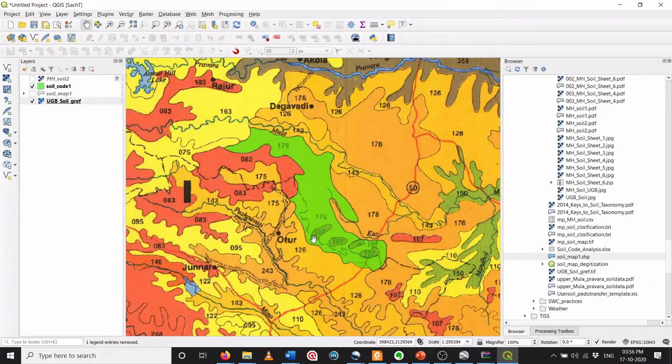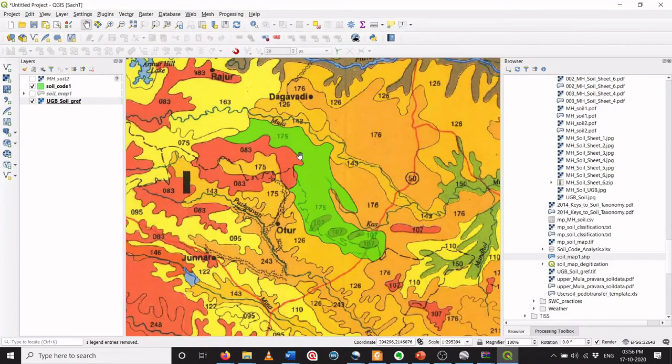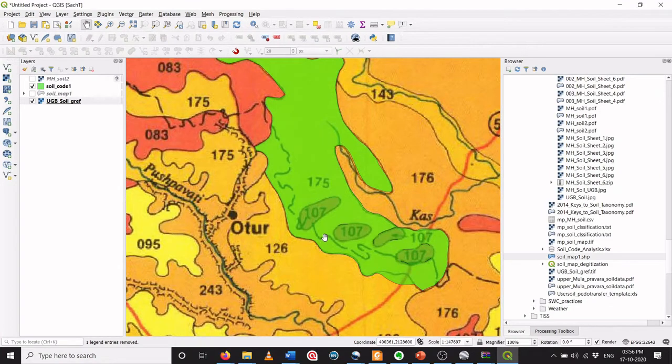In that case I will be drawing two polygons, one polygon 175 including inner circles and another polygon separating these inner circles, so that will introduce an error. So I have to exclude this part first from this 175, and later on I have to add the same polygon of 107. So let's see how I can exclude this from this existing polygon.